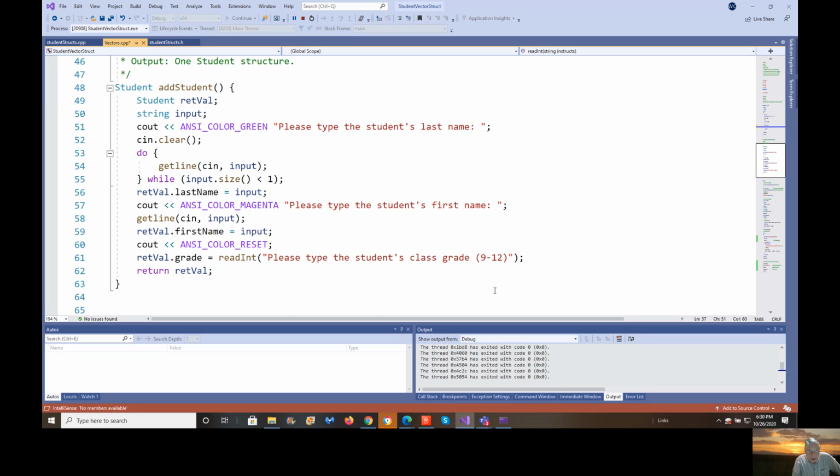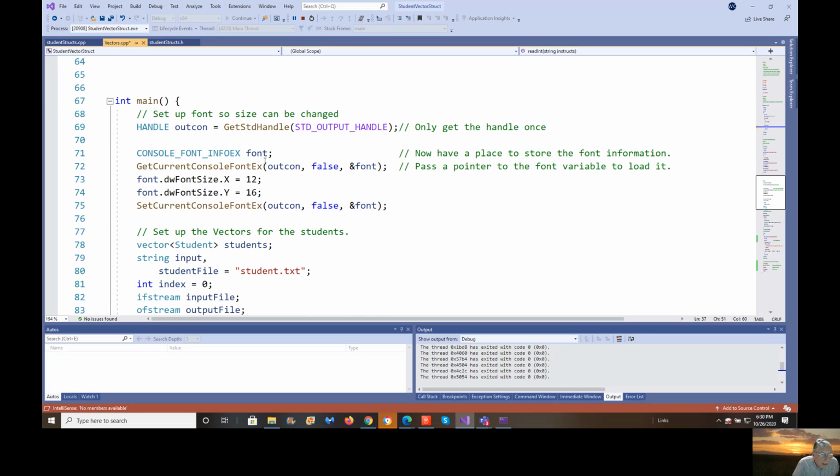And then please type in the student's class grade, to give you an example, 9 to 12. And notice I then am calling readInt, which I went over before. And again, I have redval.grade. If you remember the structure, I have 2 strings, first name and last name, and I have an integer for grade. Then I return the redval, which is a student. So now I have filled up the 3 fields of the student. And in the main one I have here,